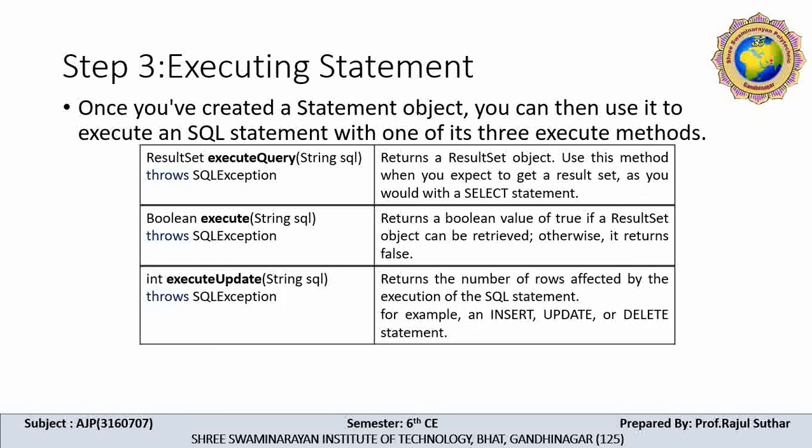Then int executeUpdate(String sql) throws SQLException. This method is used; it returns the number of rows affected by the execution of the SQL statement. We are all familiar with SQL statements while we are using executeUpdate. For example, we are inserting data in the database, updating the tables, or deleting some rows or information from tables. So this is the DML command while we are using the SQL statement. Integer executeUpdate is nothing but updating your database.